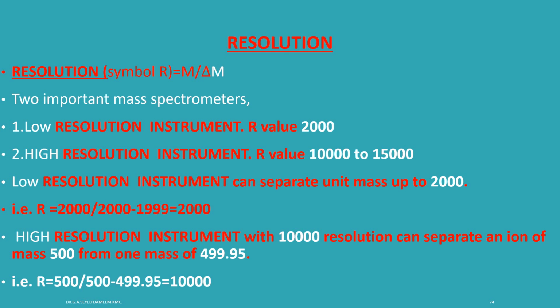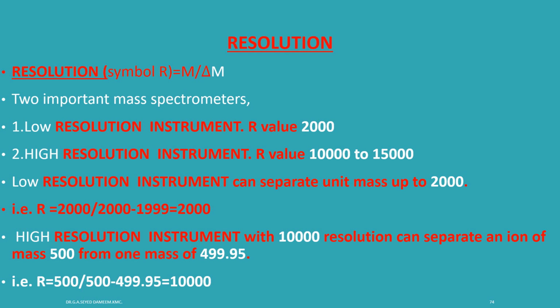And there are two types. One is a low resolution instrument, R value 2000. Another is a high resolution instrument, R value 10,000 to 15,000. So a low resolution instrument can separate unit mass up to 2000. That is, R is equal to 2000 divided by 2000 minus 1999, that is equal to 2000. That is, using a low resolution instrument, the instrument detects a peak with m/z 2000 and a peak with